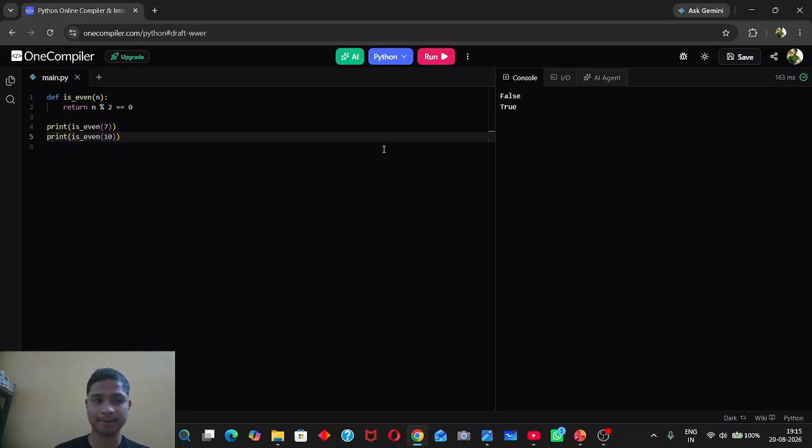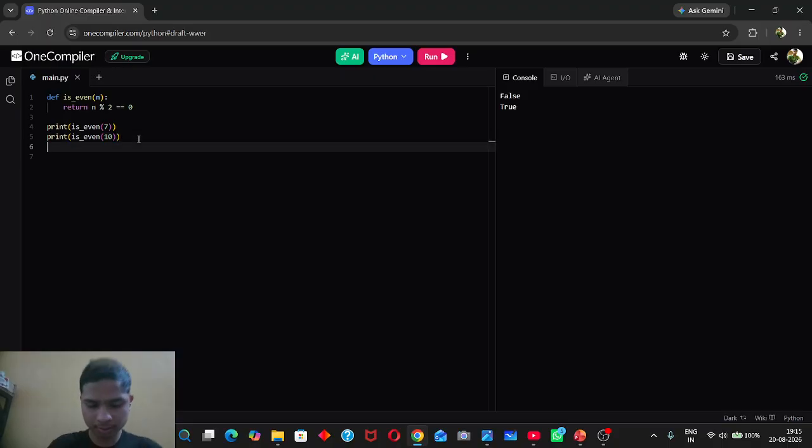And if we talk about our second example, it is 10. So 10 is an even number. Because 10 leaves remainder 0 when divided by 2, it returns True. Let's write some other examples in that, like print is_even,